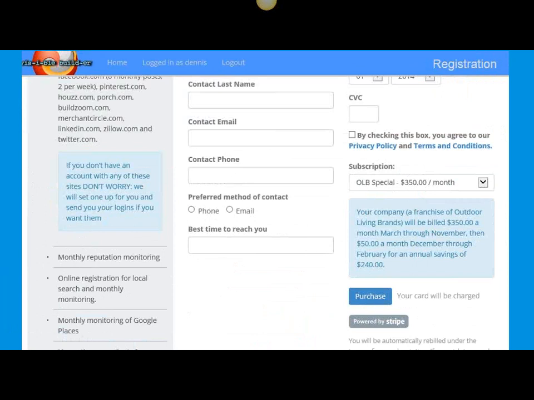So it is a savings overall, and it also is a broken out structure in regards to how those monthly payments go. Any of the Outdoor Living franchisees that sign up this October will be going October, November at the $350 and automatically going into the $50 a month for those 3 months. At the end of October, it will just be $350 throughout, and then $50 a month the next January and February. Because there's so much work that goes into setting all these accounts up, I want to leave the window open for this month for all franchisees to take advantage of that.